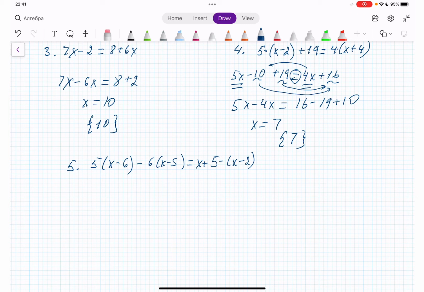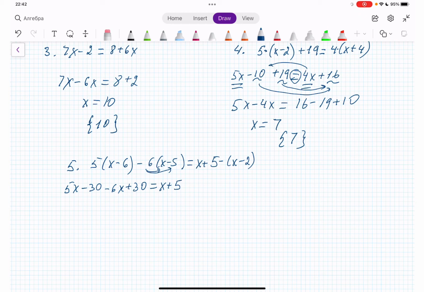Okay, so let's see. Here we have multiplication, we need to take care of it. So 5 times x is 5x. 5 times negative 6, negative 30. Next, negative 6 times x is negative 6x. Negative 6 times negative 5 is going to be positive 30, equal x plus 5